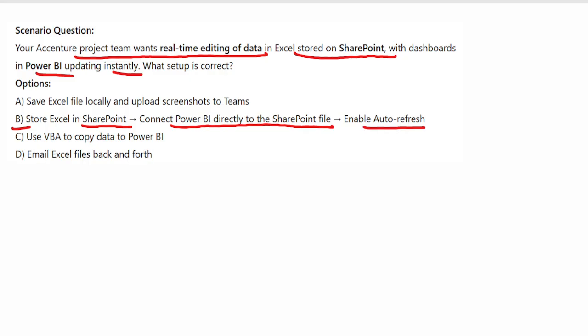An Excel file stored on SharePoint can be a live data source for Power BI, and changes are reflected instantly if auto refresh is enabled. So these are